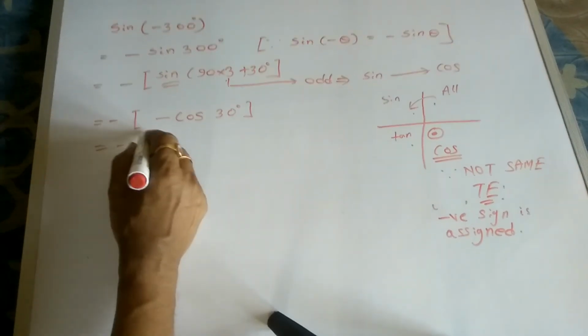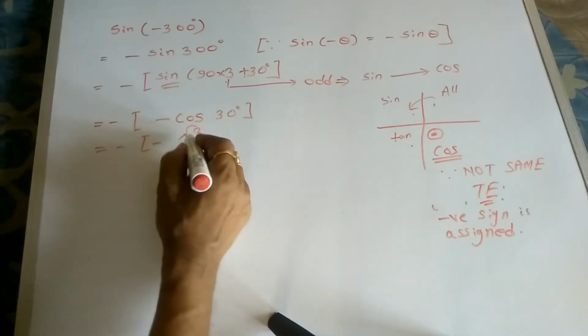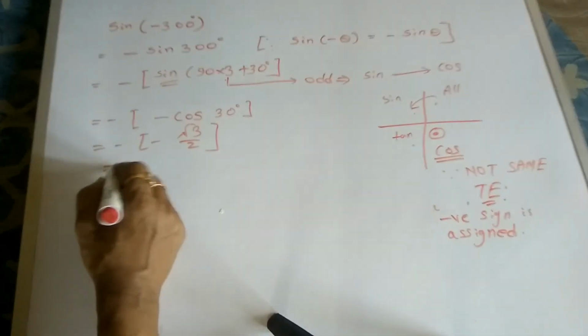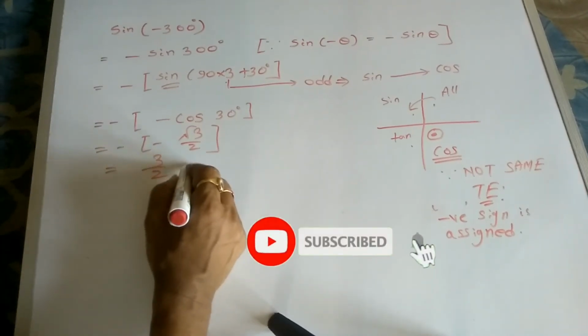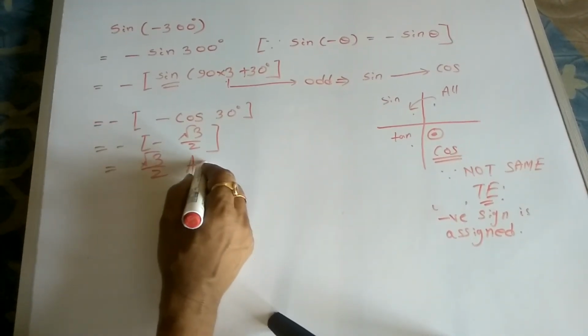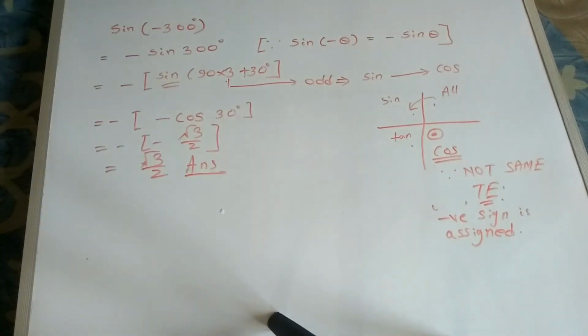So it becomes 30 degree. First 30 is what you all know, with this minus plus, so that is okay. I am doing step by step. I think it is very clear to all of you.